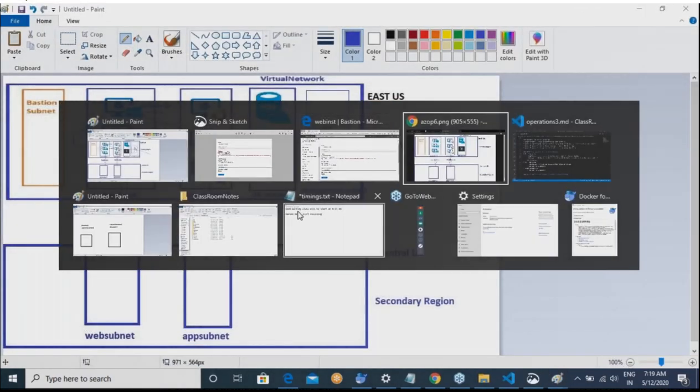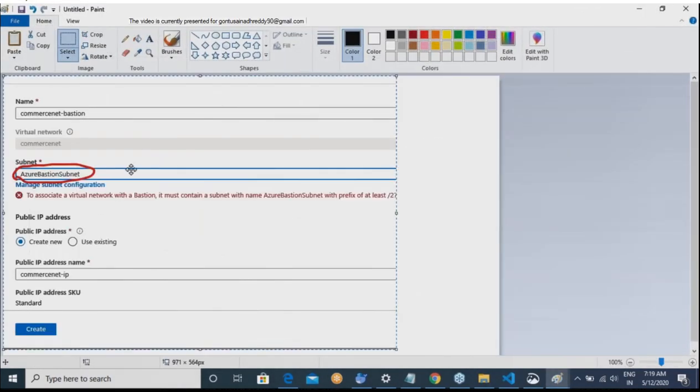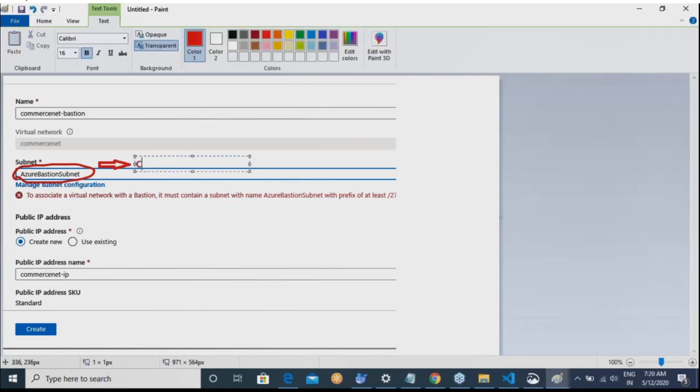Create a subnet in the virtual network with Azure Bastion subnet as its name. This should be the actual name. You cannot use any other name. So the name of the subnet should be Azure Bastion subnet.